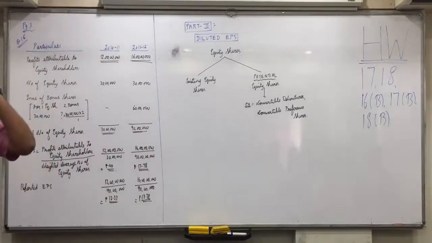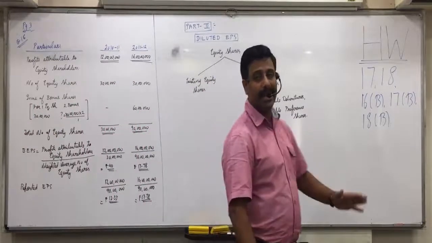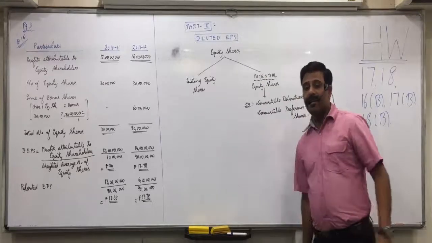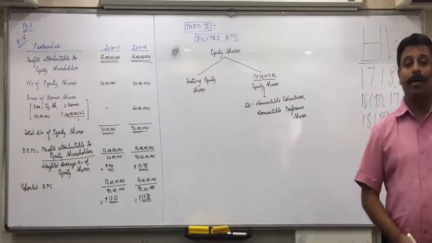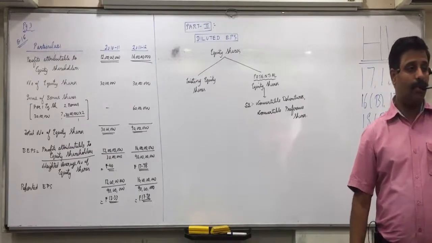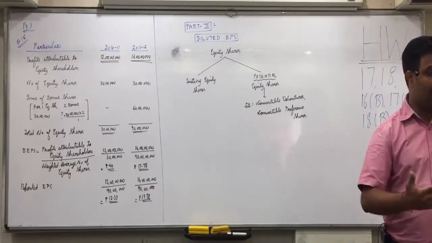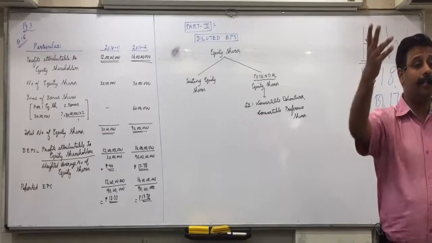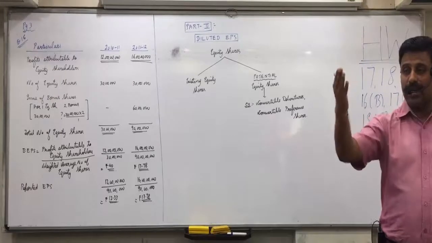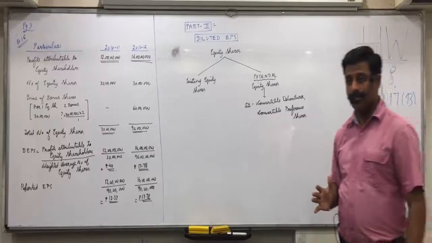Then we also have warrants, share warrants. I'm not writing it because practical examples are not included. Practical examples you have only on these two things: convertible debentures and convertible preference shares. But other securities are also there. Warrants are issued to employees under ESOS, Employees Stock Option Scheme. There we give the warrants to the employees wherein at a future date they have an option. Therefore, this is stock option scheme. At a future date, employees have an option to buy the equity shares at a price lower than the market price.